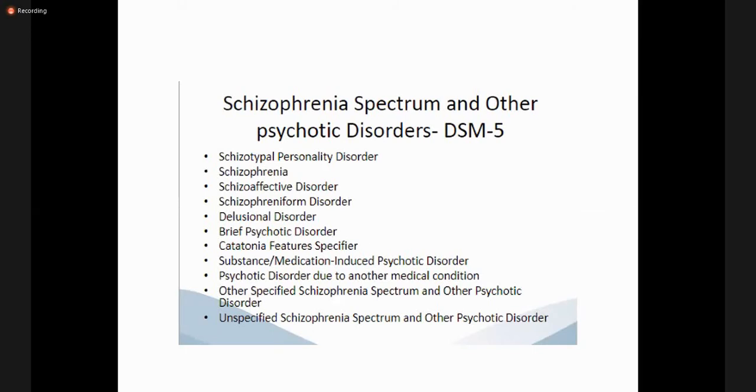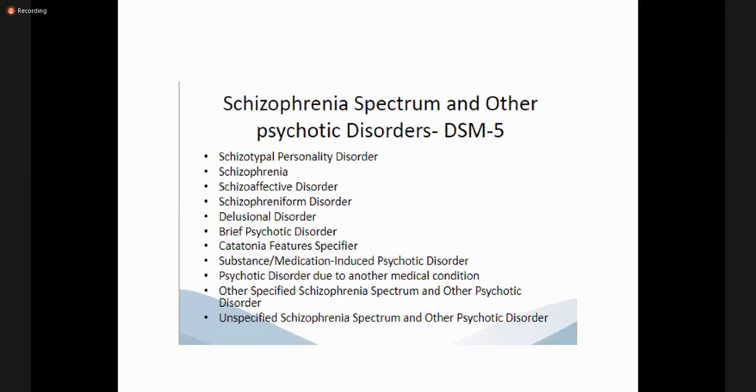Okay, so psychotic. When we were talking about bipolar affective disorder, mania is one phase of bipolar affective disorder, which has psychotic features. However, bipolar affective disorder is classified in mood disorders, whereas psychotic disorders are a little different. Here is a list, and I'll try to briefly explain to you what each of these psychotic disorders are.